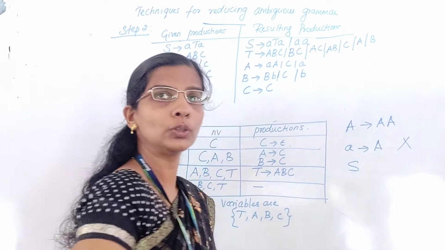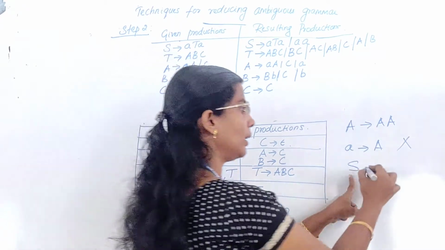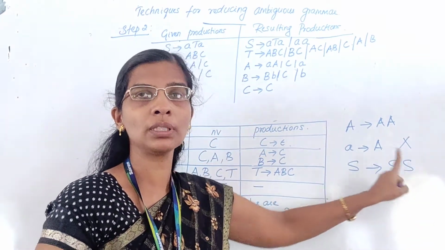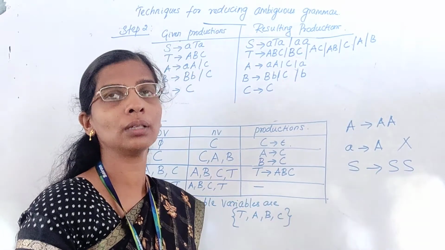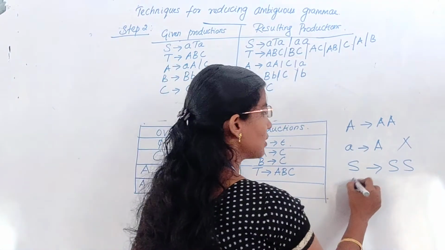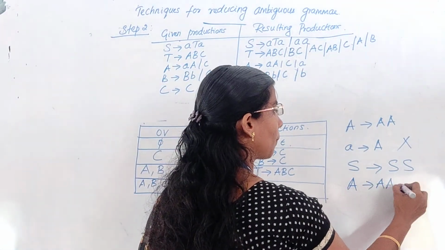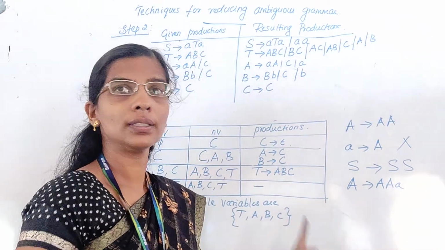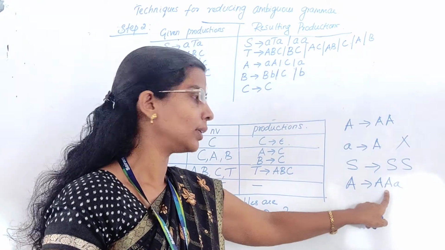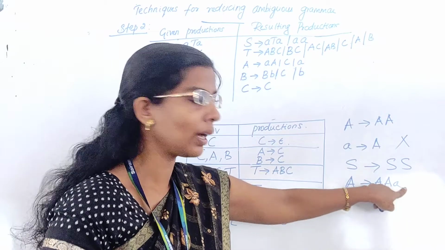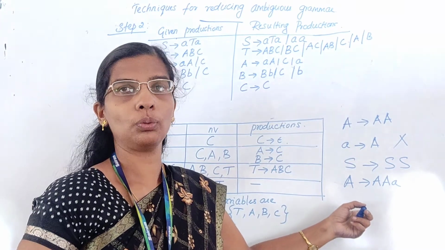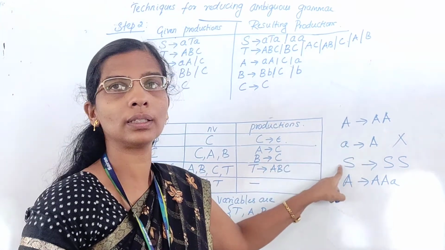It can be like this. If this is your LHS, and in RHS you have this S two times, then I can say this rule is the recursive rule. If I have something like this, it is not a symmetric recursive rule, because LHS is A and in RHS I have two A's, but moreover I have a terminal. It is a combination of terminal and non-terminal, so it is not a recursive rule. This is a recursive rule.